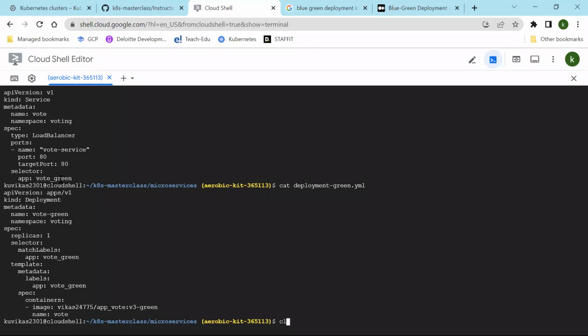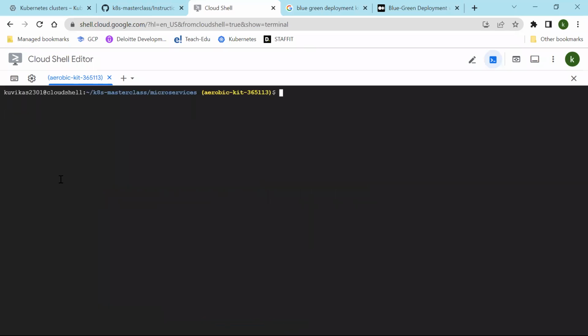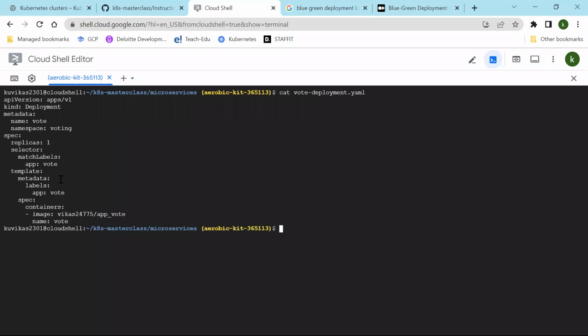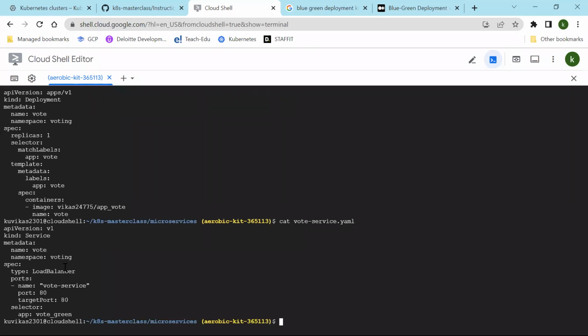Earlier, what was the situation? Earlier, the situation was that my service was pointing to this one, cat vote, and by deployment. So earlier, this was the label and my service was also pointing to this label. Now what I have done, I have changed the label and I'm making sure that now it is pointing to